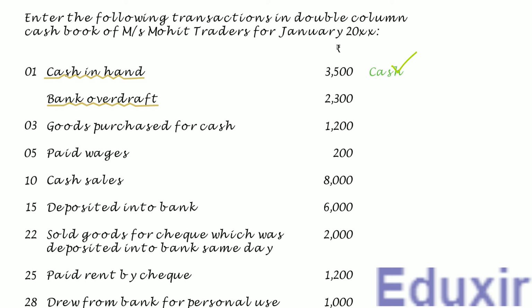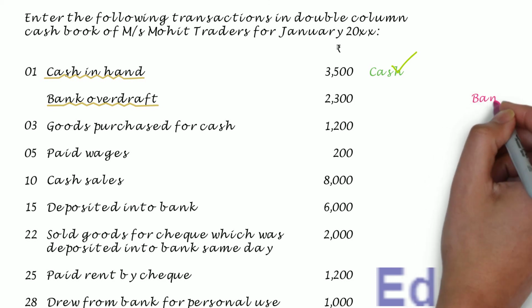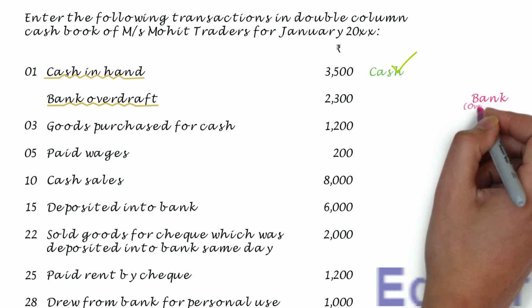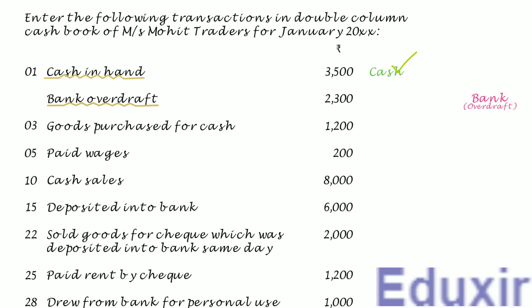The rule to record any liability is to create the corresponding liabilities account. In this case, the bank account should be credited with overdraft. Just want to give one clarification here to avoid confusion. For the business, the bank balance is an asset. However, bank overdraft is a liability. Technically speaking, it's a loan that the business has taken from the bank. To put things simply, consider it as negative bank balance.